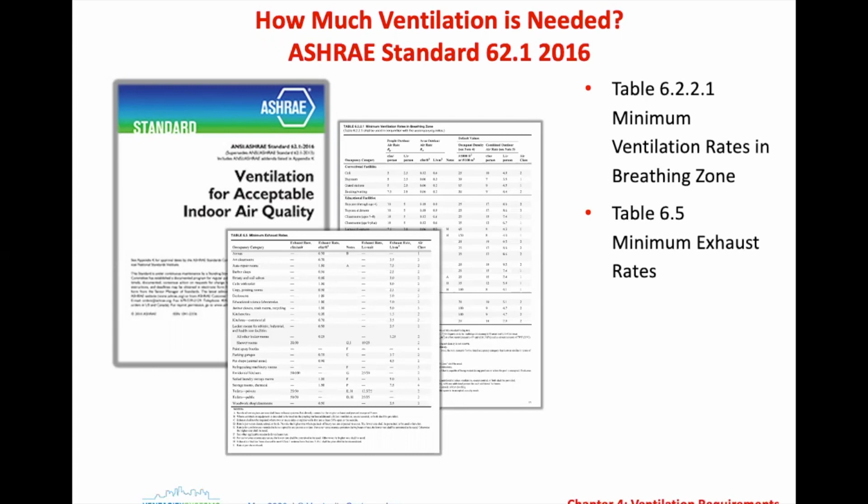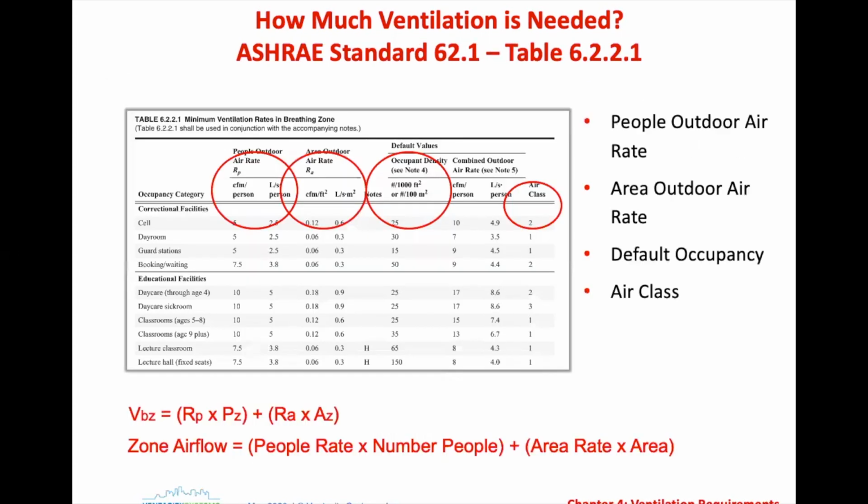And it's pretty extensive. What you've got typically in a commercial application with ASHRAE 62.1 is, on this table, you'll have a description of the room. In this case, correctional facilities are first on the list. Isn't that fun? So we've got a day room in a jail, basically, and it's the CFM per person, 5.